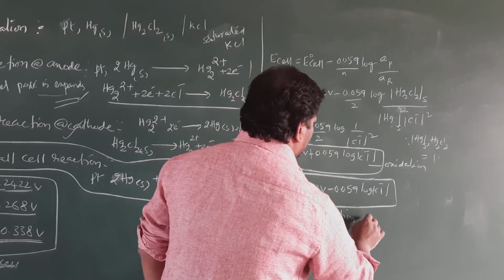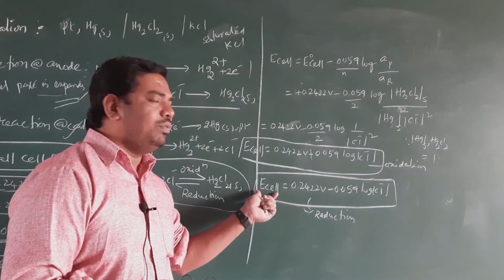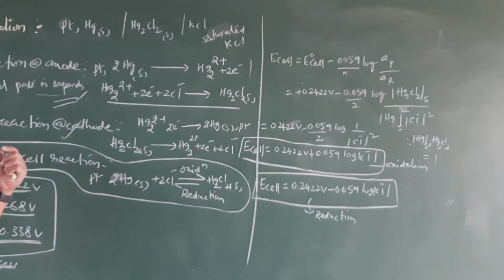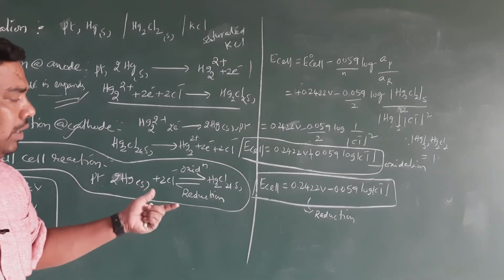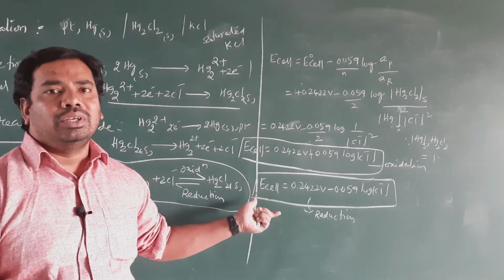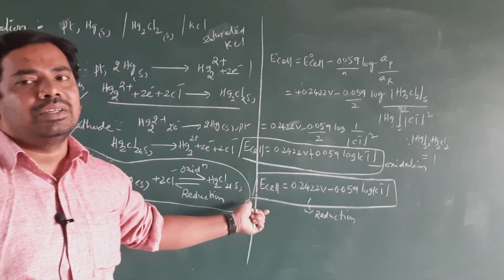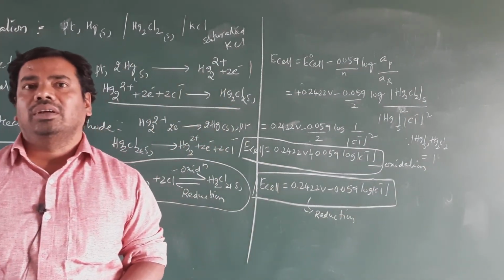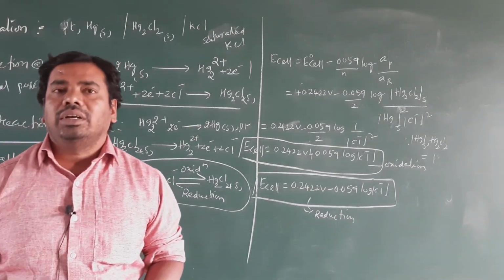From these two equations, it is possible to calculate the concentration of Cl minus by using the potential difference between two electrodes. When the reference electrode is a calomel electrode, we can connect the reference electrode with any other indicator electrode. Then it is possible to determine the electrode potential difference. By using this potential difference, it is possible to determine the chloride ion concentration of saturated KCl, or 1 normal, or 0.1 normal. So that is very important.